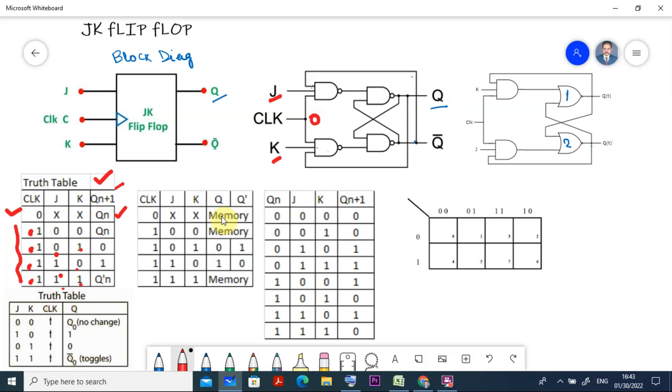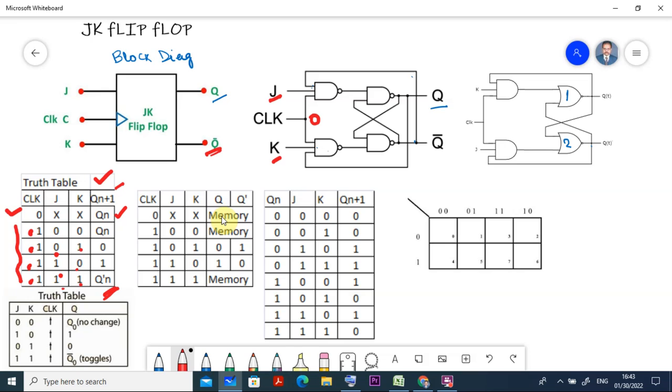And when the clock is on, and J and K both are 1, previously it was going to the reset condition. No, it is not going to the reset condition. Then what is it going to? If you remember, if this is Qn, then this is the inverse of Qn. So this state reaches here. This is the value you get here. Are you getting? This is the general truth table we get for our JK flip flop.